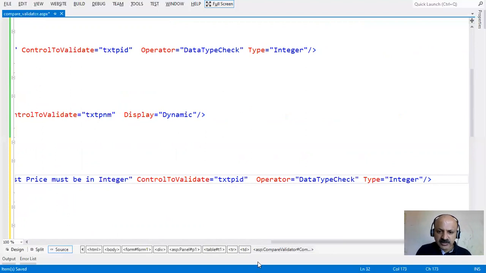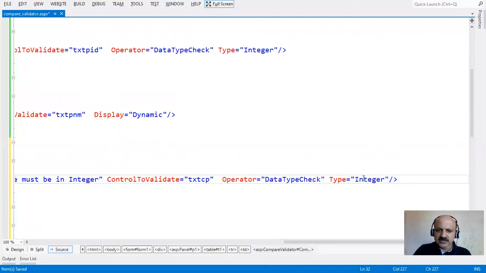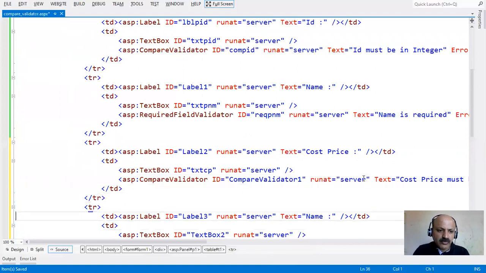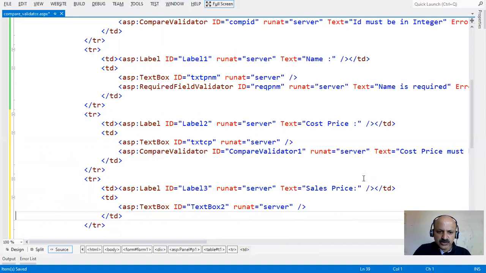So here we prefix, I can show you, product cost must be an integer, and change the ID to cp, cost price, and data type check is integer, that's all the same. Okay, now our fourth row, and we change the label text. Here we can say sales price. Now here we also remove this required validator and just copy this